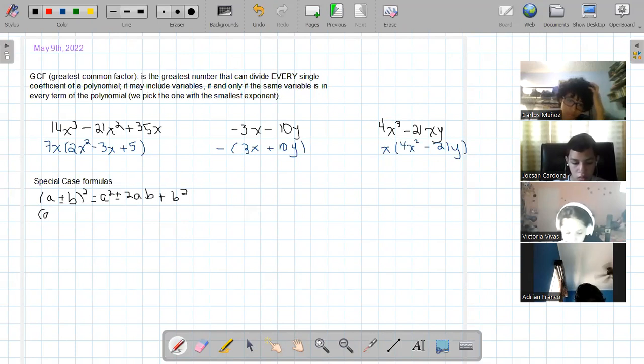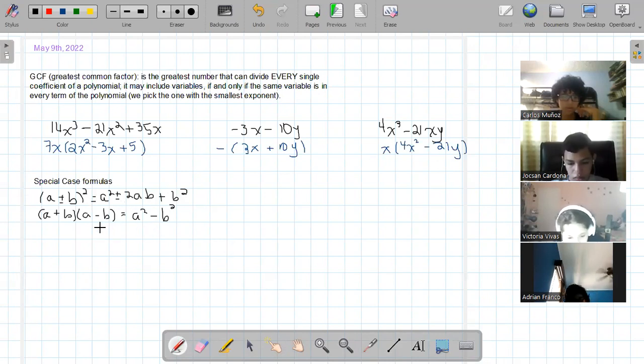Then we also had (a plus b) multiplying (a minus b). We are going to have a squared minus b squared. Okay, we're going to start with those three special case formulas. These are the formulas for squares. If I give you, for example, an exercise that says 4x squared minus 9,